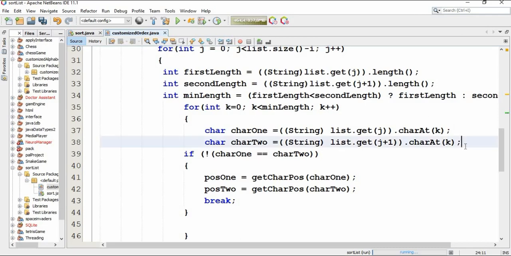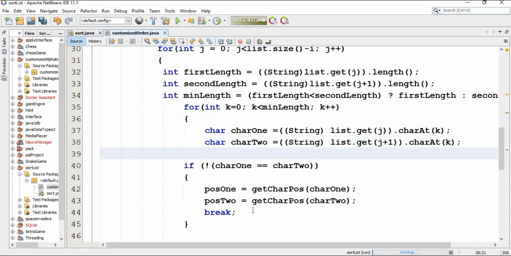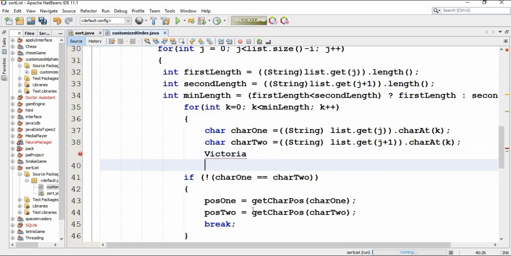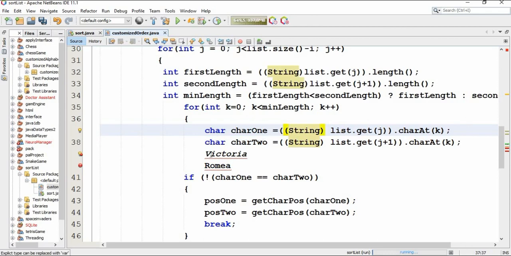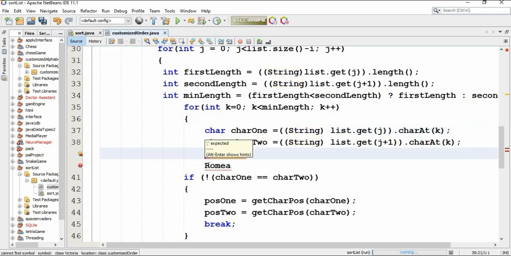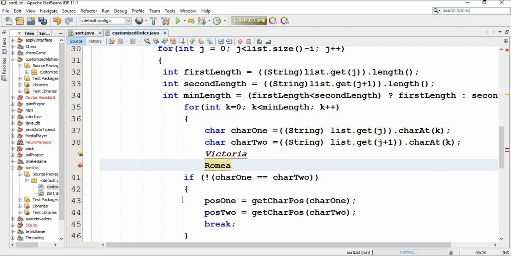Let's suppose we have 2 names to compare. Let's suppose that in position G I have Victoria, and in position G plus 1 I have Romeo. So by executing these both lines of code above, I could access V for the first name and R for the second name. Now it is obvious that V is not equal to R, so this if statement is gonna